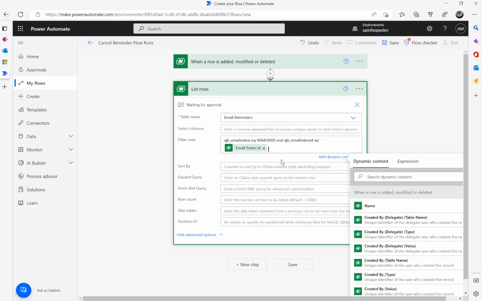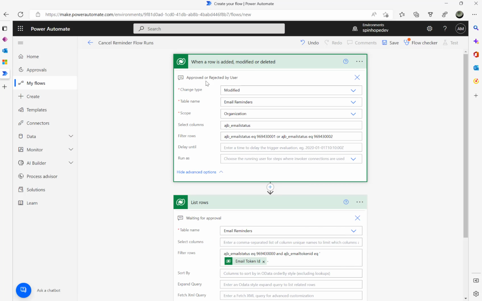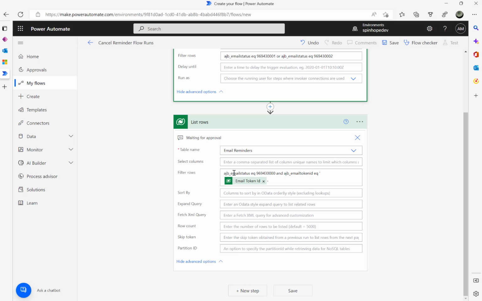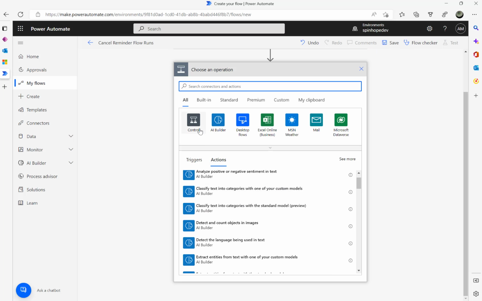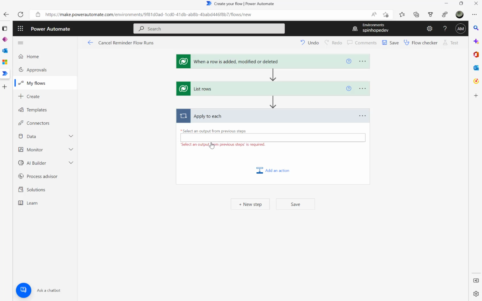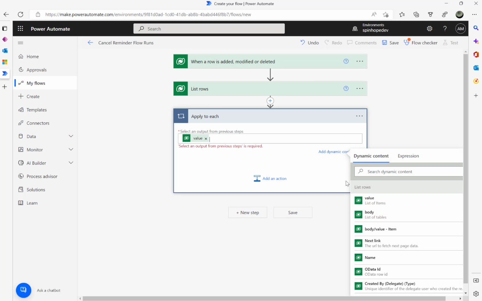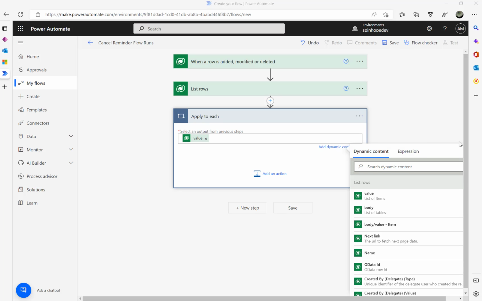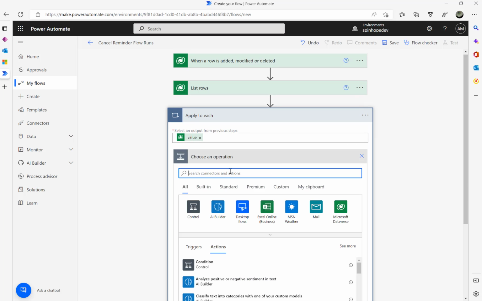That's the one. So that means it's waiting for approval, and that is equal to such and such. That means we know that this flow has completed for that, but whether there are any pending runs there or not, which we sent. So this is the technique we use for finding the existing one, whether it's running or not. The good news now is I can add an apply to each loop again, map the value from the previous step, and then I'm going to utilize